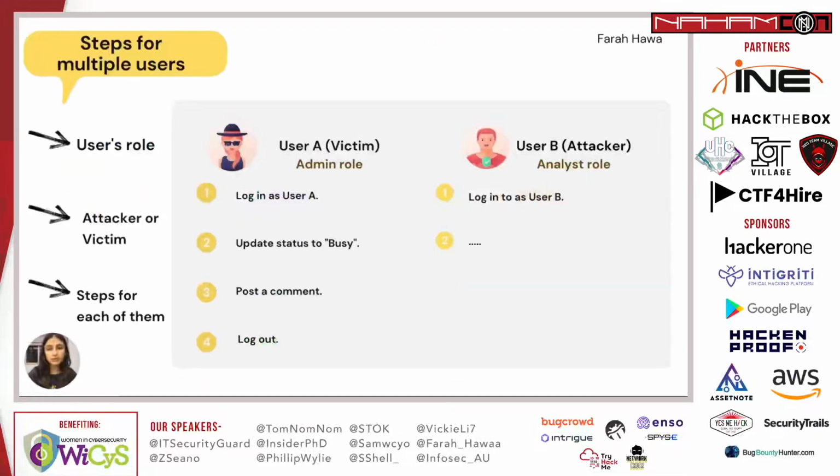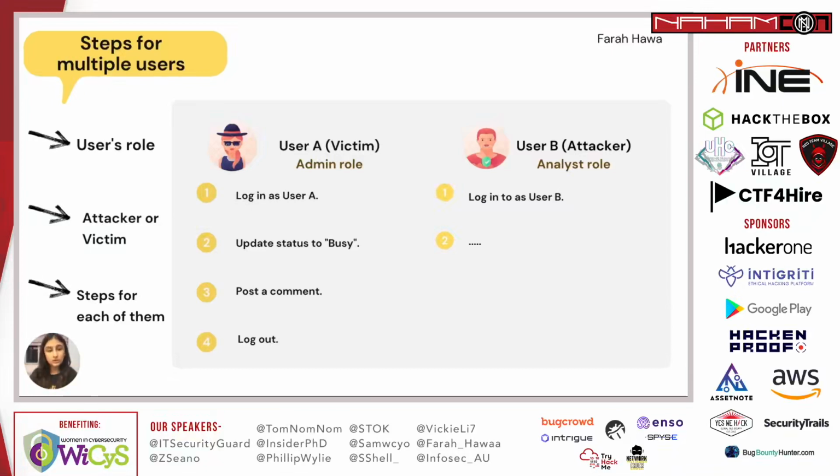So let's go on to our next point. And this is a really interesting scenario as well. A lot of the times you'll probably have more than one user involved in your submission. This usually happens in the case of access control bugs, where you have 2 or more users involved. There are three most important points that you should always mention in these kinds of scenarios. The first thing you should mention is the user's role in the application. As you can see in this example, user A has an admin role and user B has an analyst role. The second point to mention is